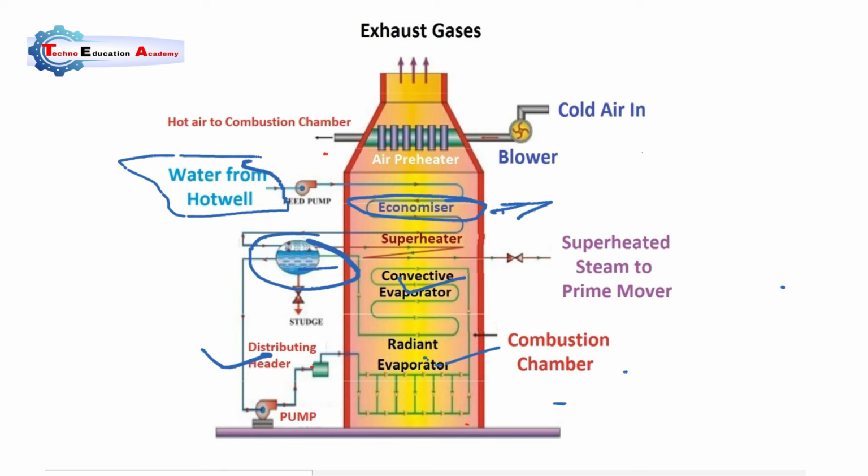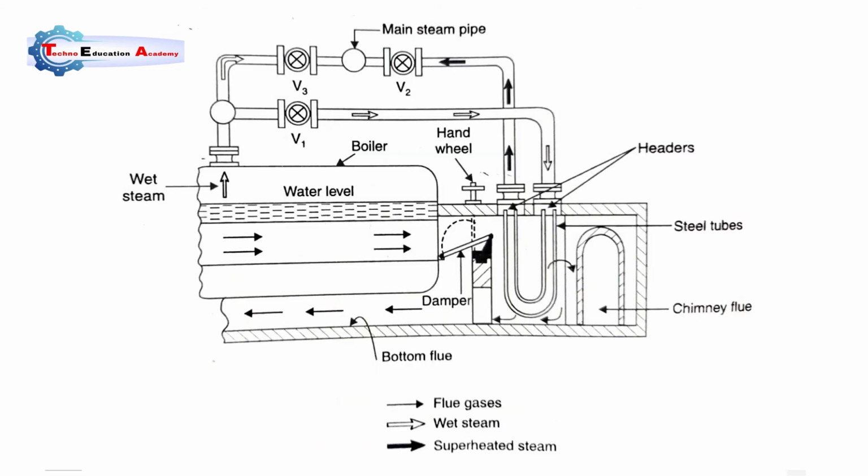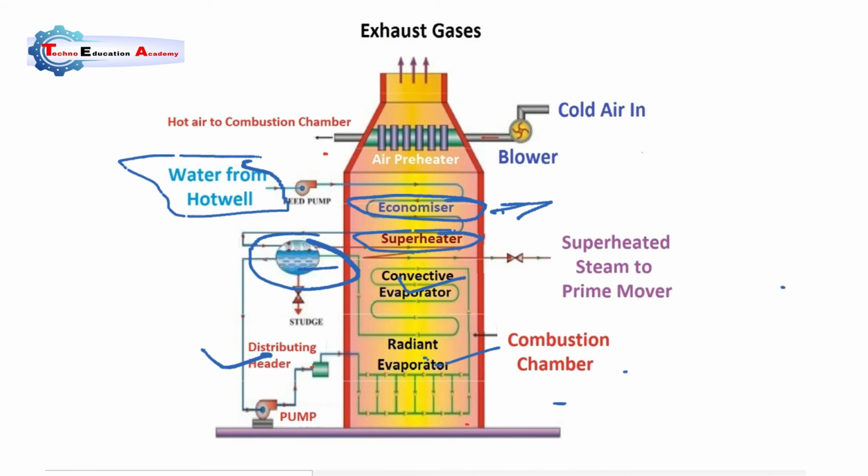Here you can see that the top side of the drum is connected with the superheater. The function of the superheater is to increase the temperature, or we can say it will generate superheated steam. Superheated steam means it behaves like a gas, with no moisture content in this steam. We have already discussed the function of the superheater. If the moisture content is more in the steam, it will erode and corrode the turbine blades. So it will remove the water particles, and the saturated steam is converted into superheated steam, and this superheated steam will pass through the